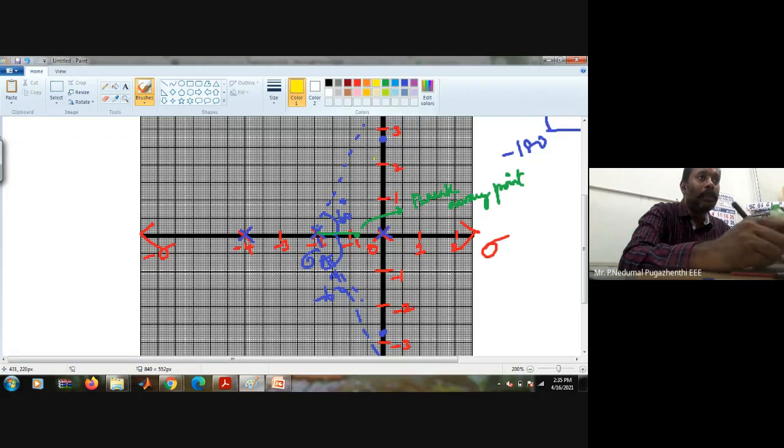Okay, let it be yellow. Okay, one breakaway. I think I can put green there, and I will use yellow color for root locus. One root locus branch starts from this point -2. Another root locus starts from this point. They meet each other and they try to move further.